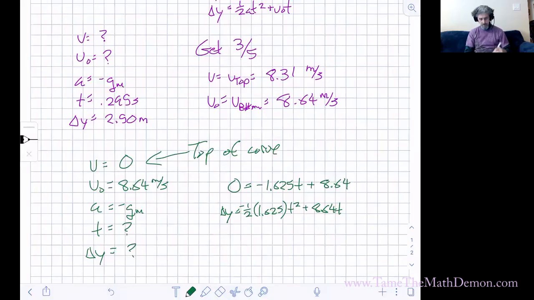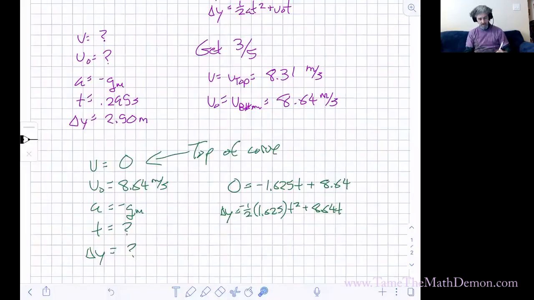Here are the two equations that we're going to plug into our equation solver. I should have written them out for the other one as well. But plugging them into some kind of solver or solving them by hand, we get that t is about 7.60 seconds, and the height to which it goes is